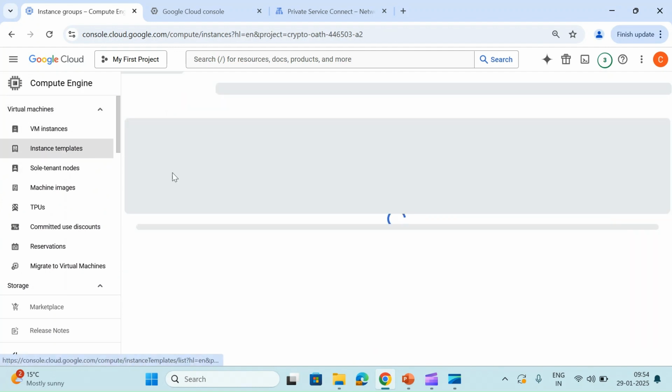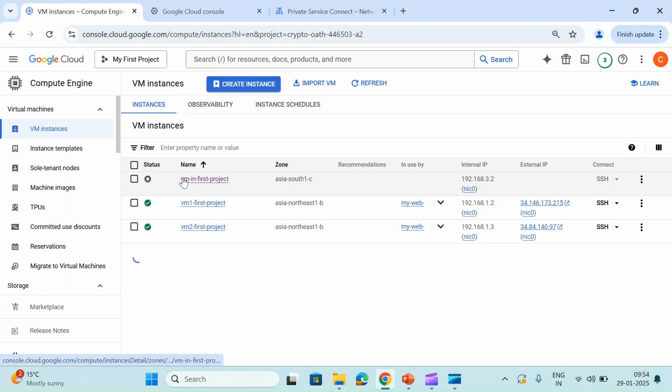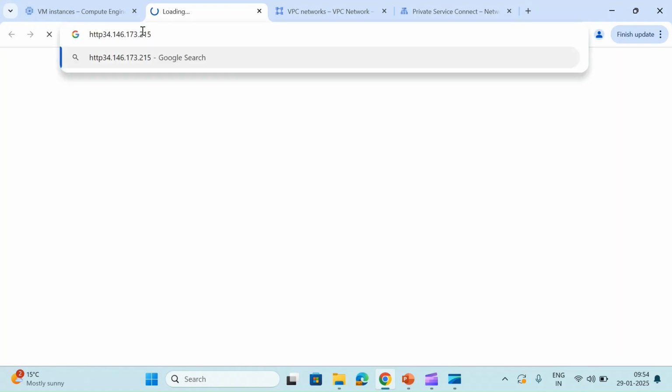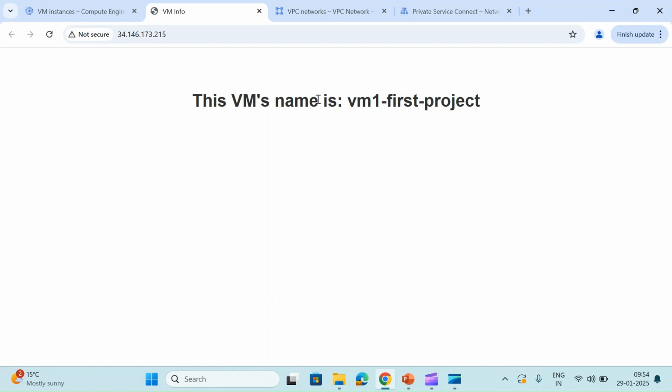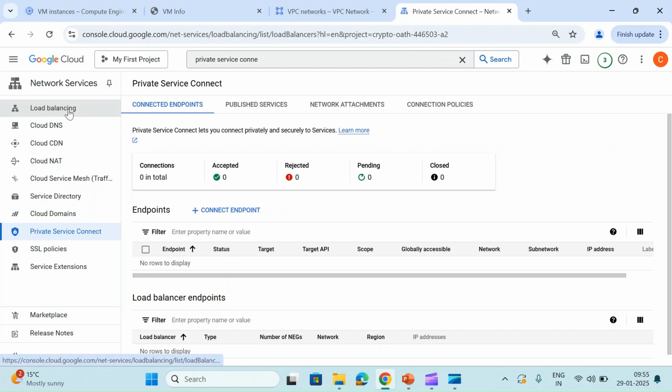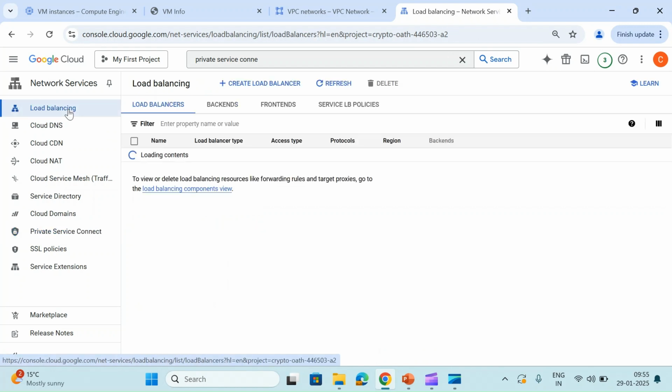Let's go here, and it will just print out my VM name. Let's see what it gives. It says the VM name is VM first project, and the second will also give the same.